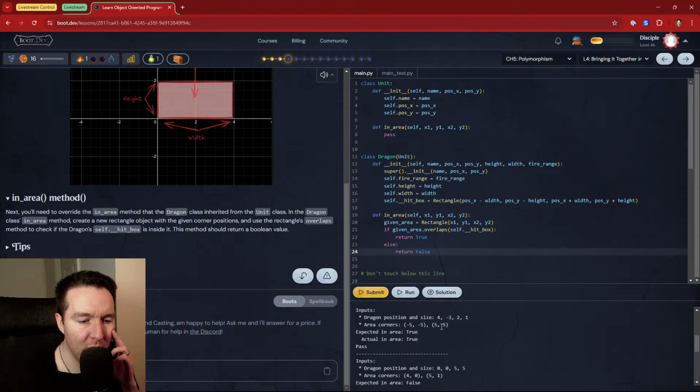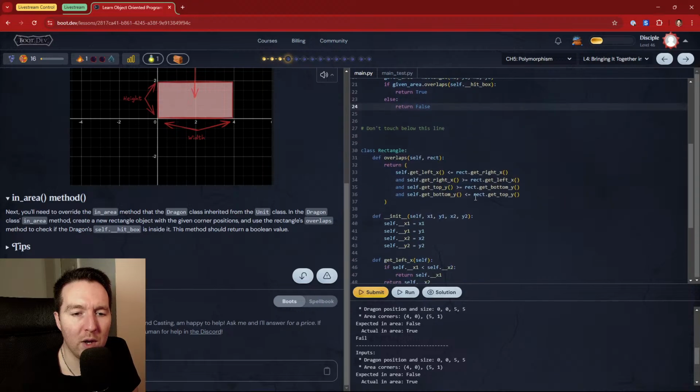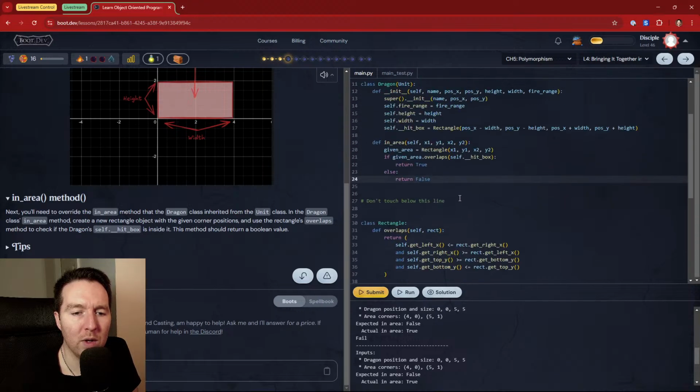Pass, fail. Dragon position at 0055, area corners 4051, expected in area false, actual expected in area true. So let me check the in area part. So in area part, in the dragon class in area method, create a new rectangle object with the given corner positions and use x1, y1, x2, y2. Yep. Okay. Given area